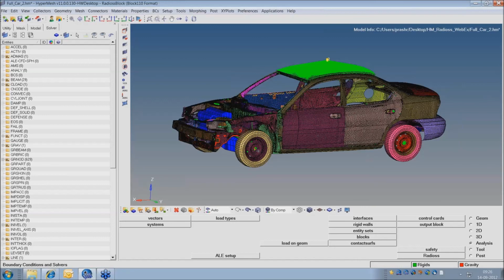But with that, the problem is the car cannot move in both positive z as well as negative z. That is not good for us, because as soon as the impact happens, for sure the car will not go down through the road, but there is a possibility that it can bounce back. So the car can always move in the positive z direction. But in the boundary condition, we don't have any control where we can say that it can move in positive z but not in negative z. That control we don't have in boundary condition.